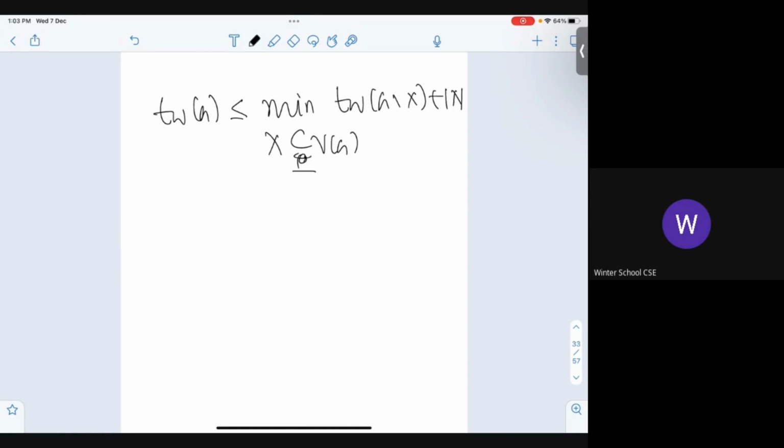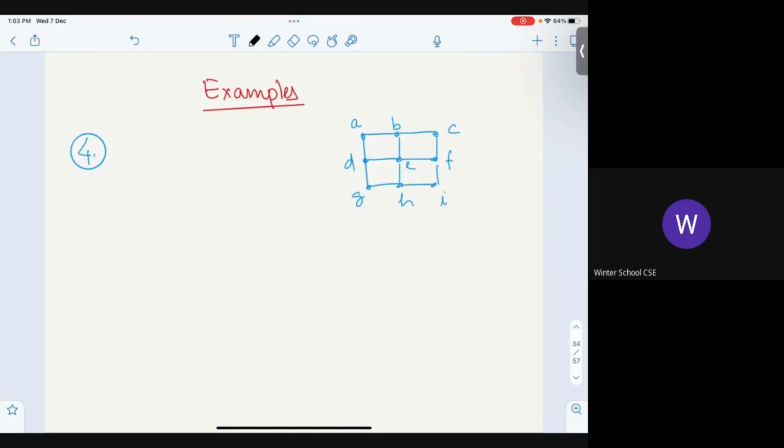But here comes the more fun stuff. This is my graph, this 9 vertex graph. There's nothing more. And I want to see how smart we can be to come up with a good decomposition for this. Unlike up until now, where I was making P_n with length n, this is a 9 vertex graph. Give me a good tree decomposition for this.